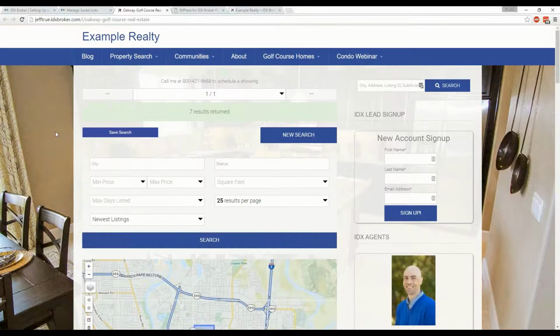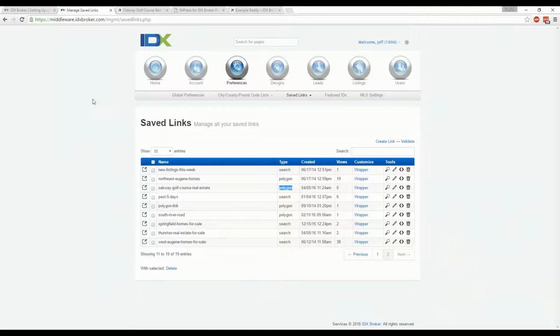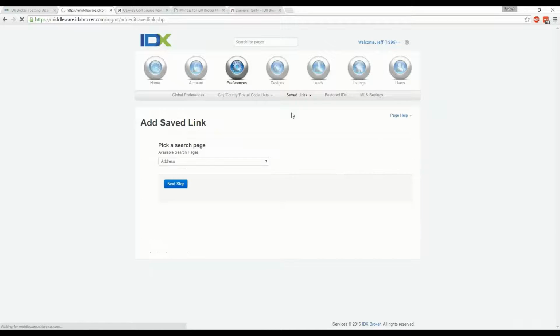So perfect. So we've created two different types. One with Polygon tools, just platinum. One that is just advanced search, applying whatever filters that we want. We're going to go create one now for the newest listings. I've already done one like newest listings for this week. Let's just go show how to create a very simple, quick and easy one. It's great to have on your top